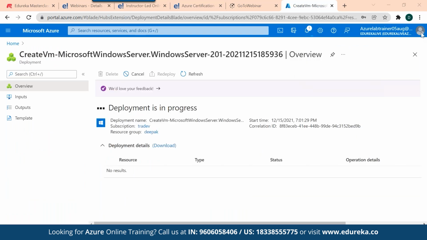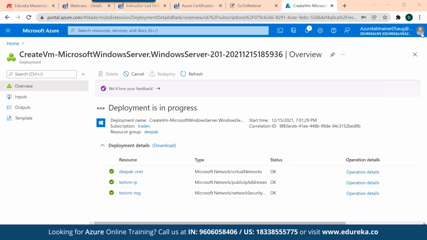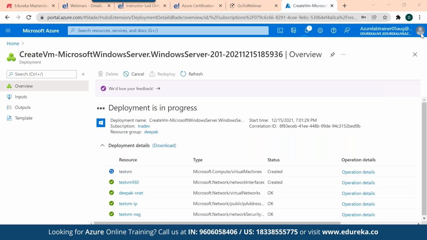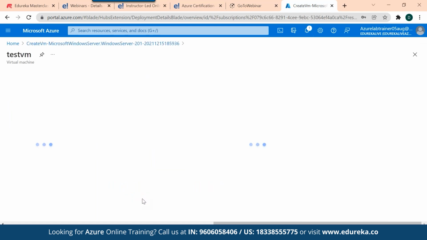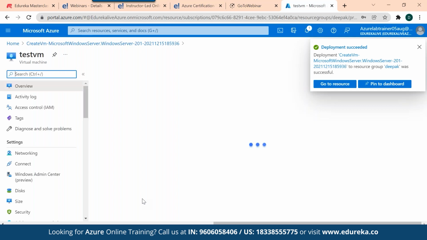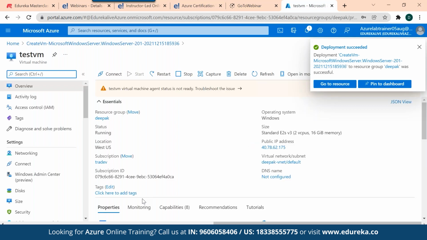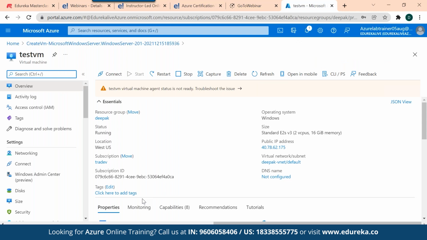So it's going to be deployed in hardly less than 2 minutes. Here we go. Now here you can see your resource is basically being created. So you can directly go on the resource. Now, one of the biggest advantages, if you're creating any kind of resource